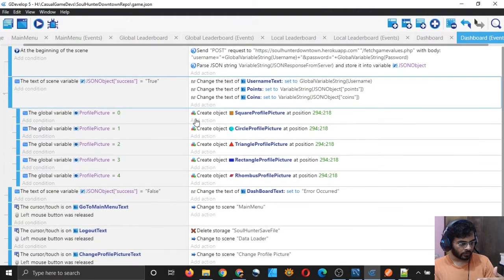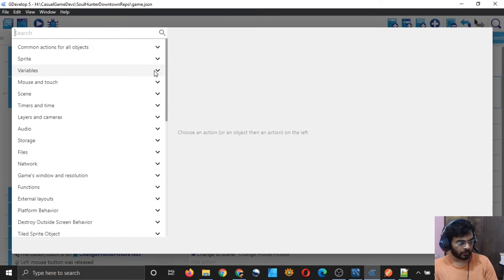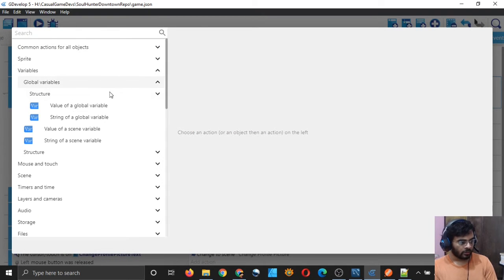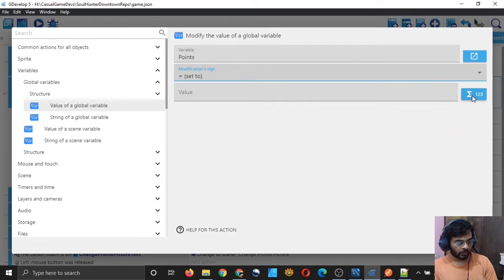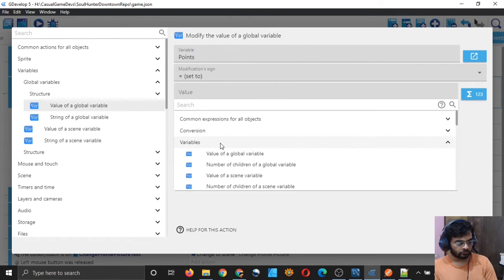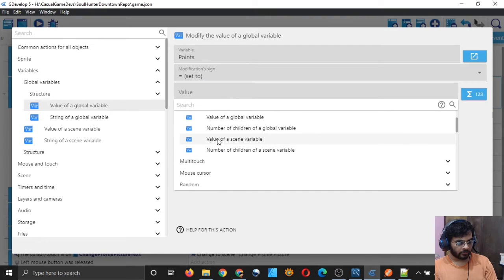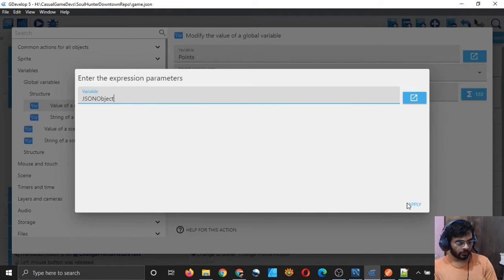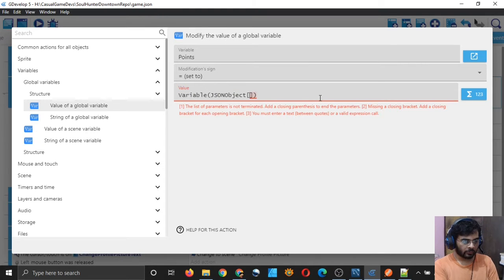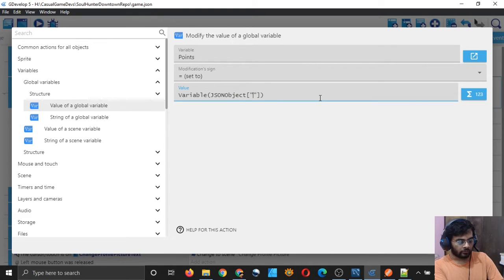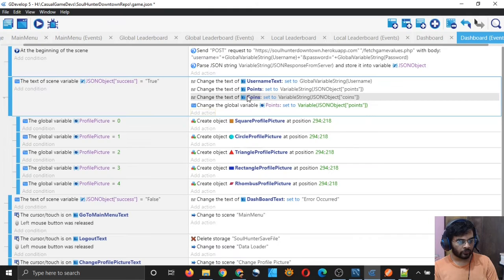So let's do that from the beginning, from the coin points variable. Value of a global variable points is equal to value. I wonder if it will take that as a value, a JSON object, and not just the object, something within the object, the points field. I want the points field to be stored as an integer.